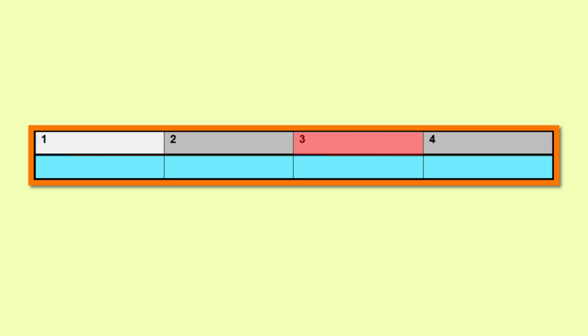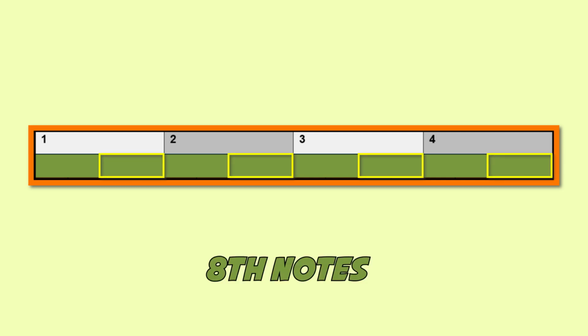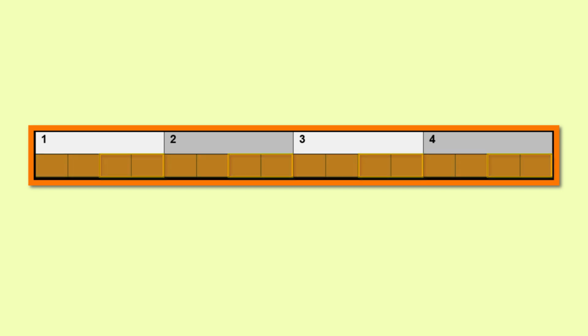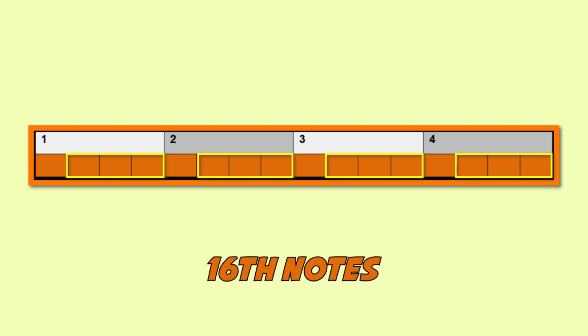First off, you need to realize that each beat has beats within it. For an example, you can divide a beat in half, which gives an additional place to land within the beat. These are known as eighth notes. Or you could divide a beat into 4 even sections, which gives you 3 additional places you could land within the beat. And these are known as 16th notes.